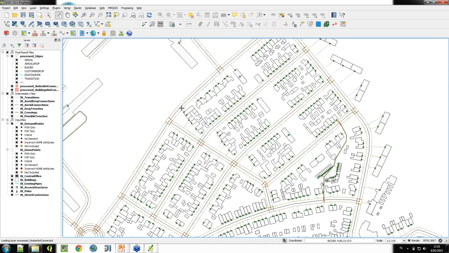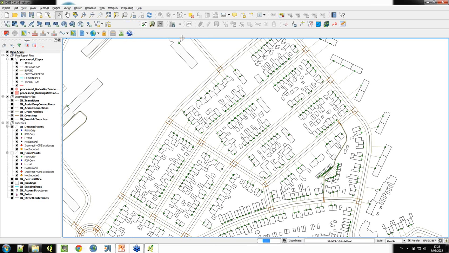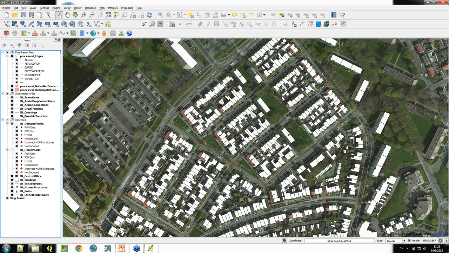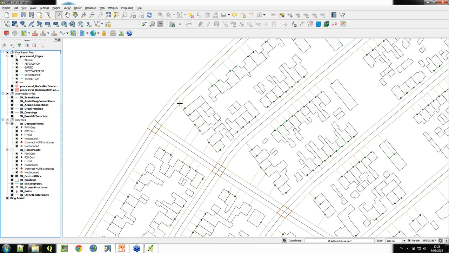Now each building has a lead-in, and we can also verify if we want to change some lead-ins or change some entry points by just overlaying a satellite image. So as you can see here, there is a lead-in running through a building because this is the closest side to the road. But by just manually changing the lead-in, we can tell the software to use a different route to go inside the building. So by just clicking and dragging our lead-in,